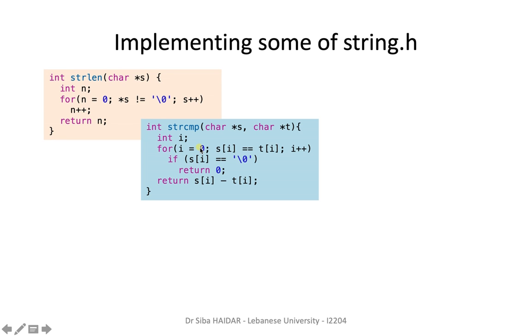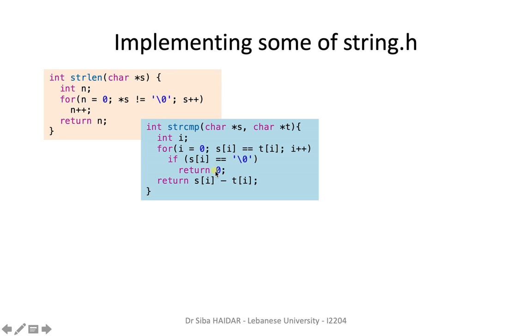So you take one index and you increment this index, and you keep incrementing this index while the two arrays have the same letters in order. So while s of I equals t of I, you increment I, and if s of I equals t of I and happens to be equal to the null character, then you have iterated all the arrays and